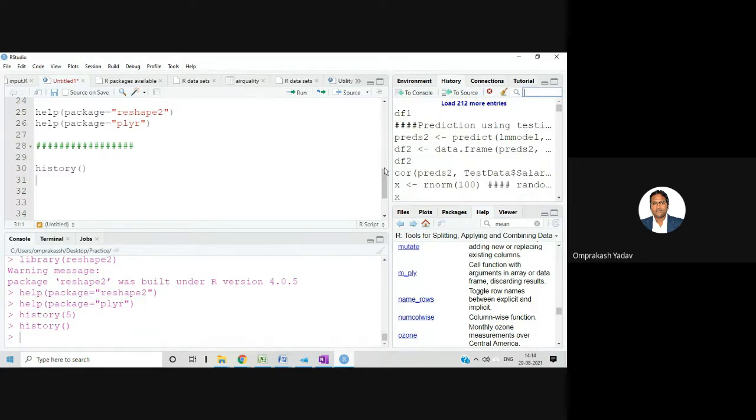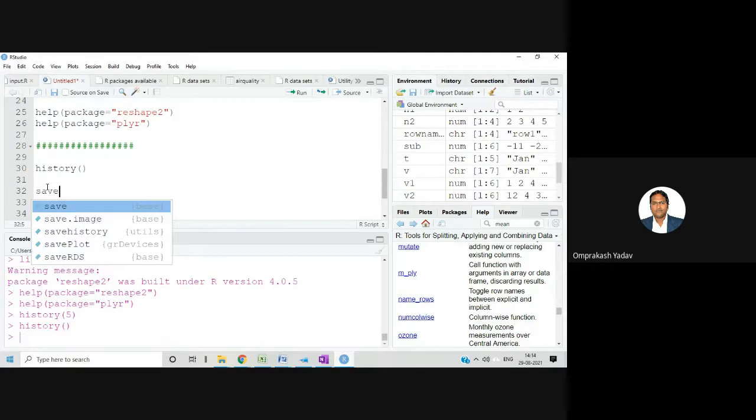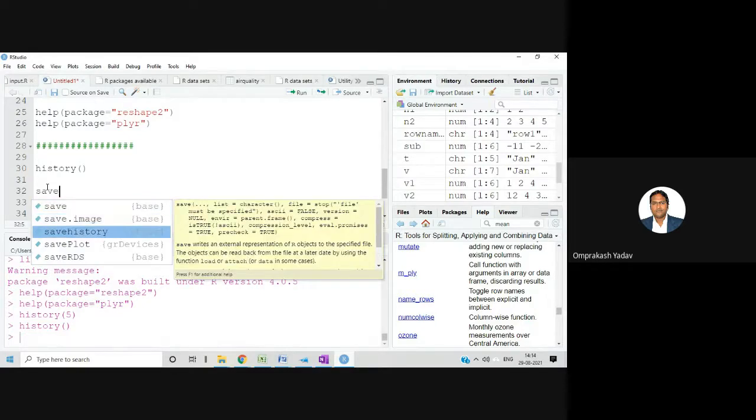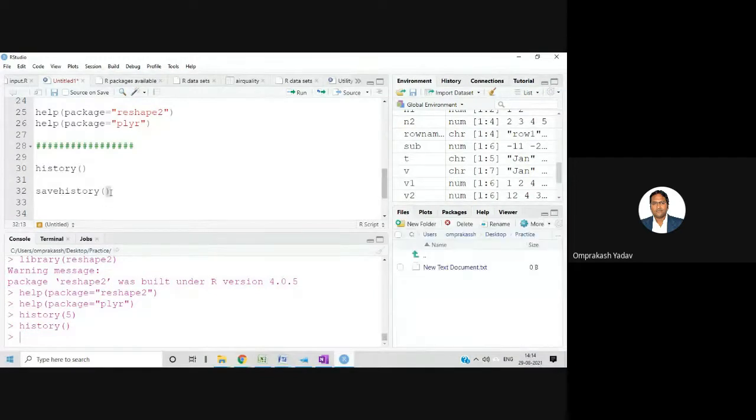Now what if I want to save this history? Till now, whatever we have done, I want to save the history. There is this function, savehistory. Suppose I'm giving one file name, h.txt, that means history.txt, and I want to save it.